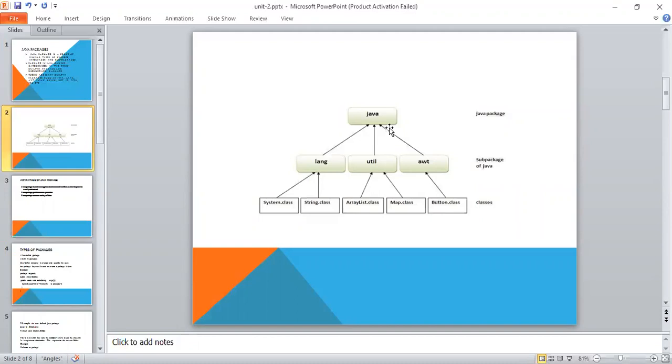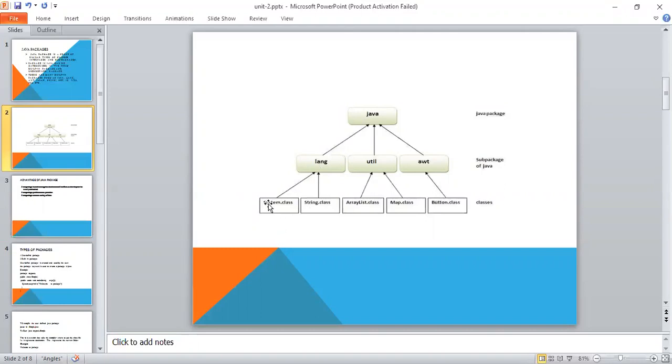In the Java language, java is one package. Under this java package, we have sub packages called the lang package, util package, awt package, applet. So all these are some of the sub packages. When we are using the lang package, suppose you are writing a class in a Java program called System.